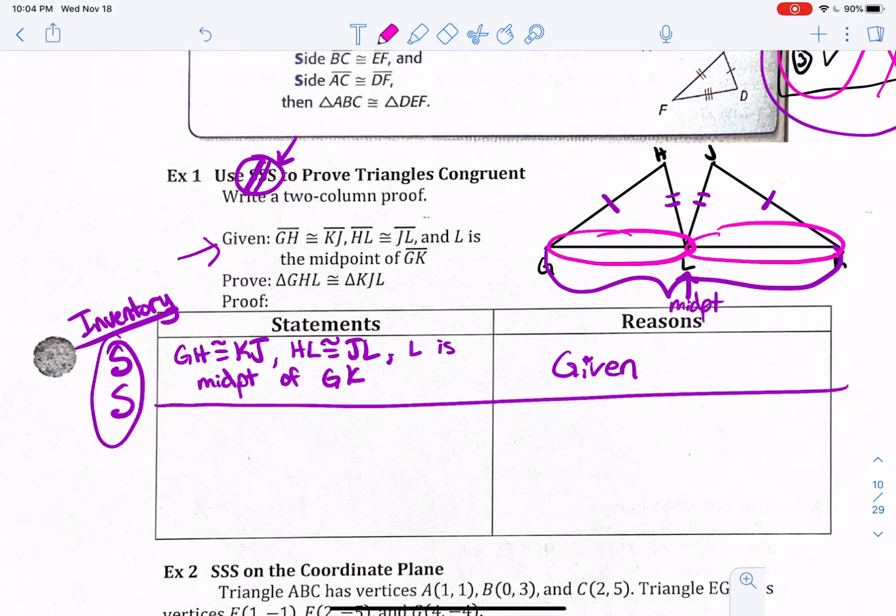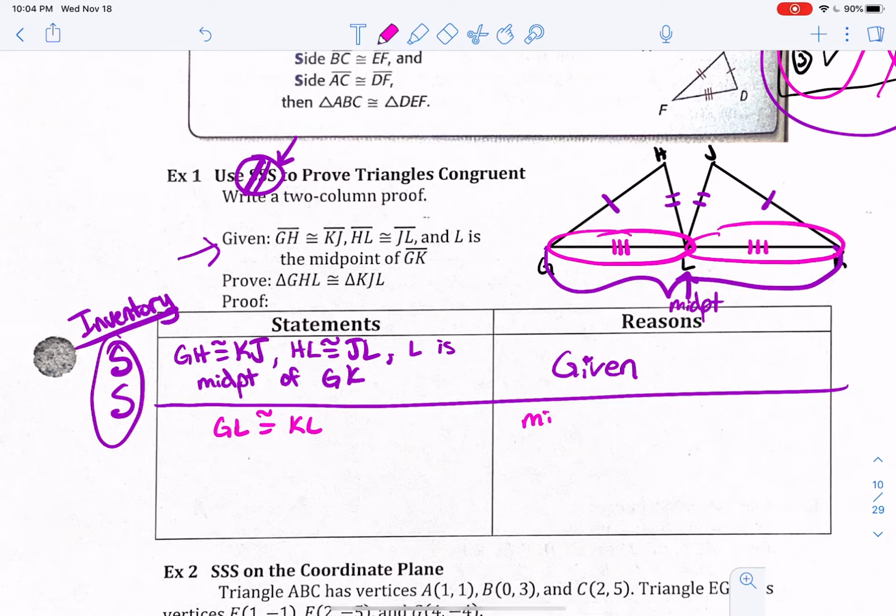All right, well, given to us was the fact that L was the midpoint of that line segment. So if L is exactly in the middle, then this guy has to be the same as that guy. If he's exactly in the middle, those two pieces have to be the same. So I'm going to say that GL is congruent to KL, and the reason why that is because of the,